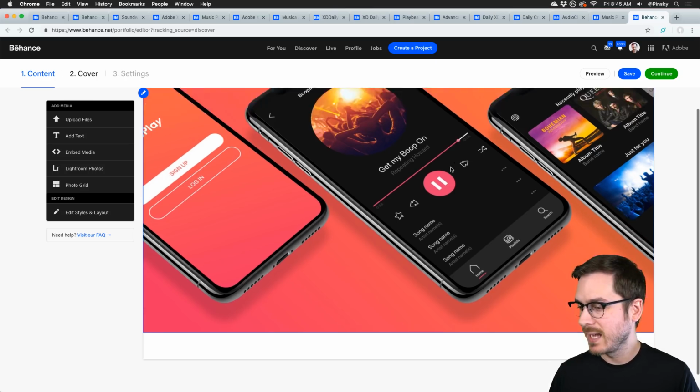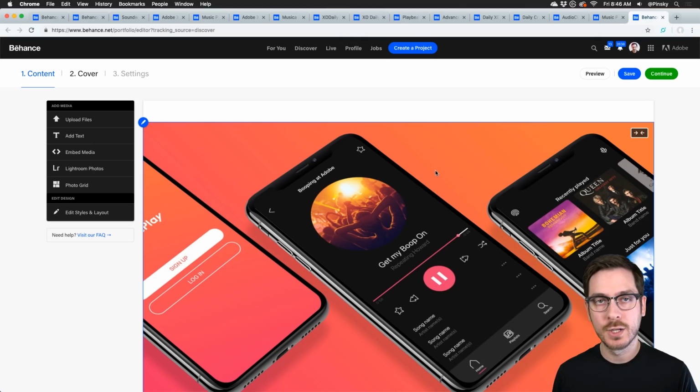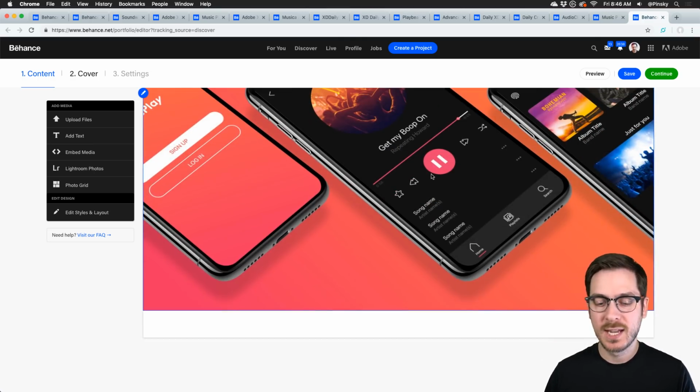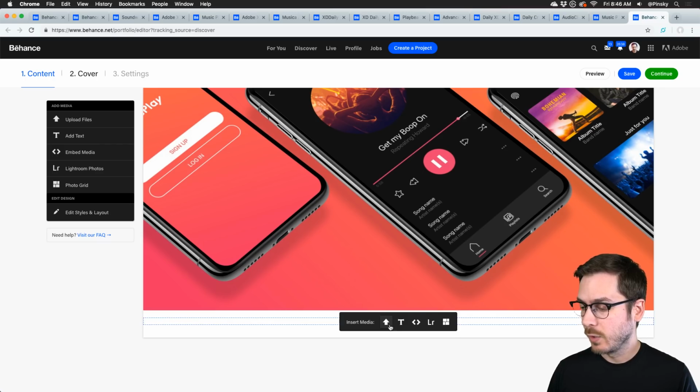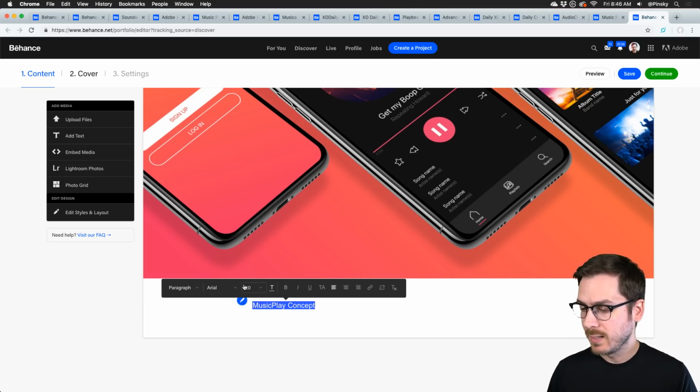It's easy, that easy. And it looks great because we designed it about 1500 pixels wide. Already our presentation is looking great. And then we can start going in here and adding some text. Let's say we want to add music play concept. And again, yours will probably look a lot better than mine, but there's a lot of things you can